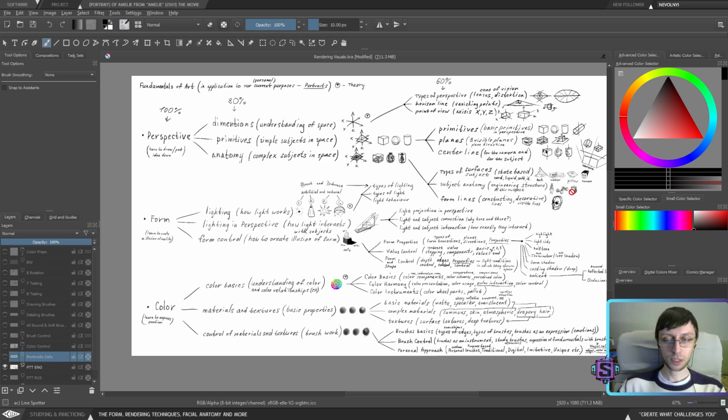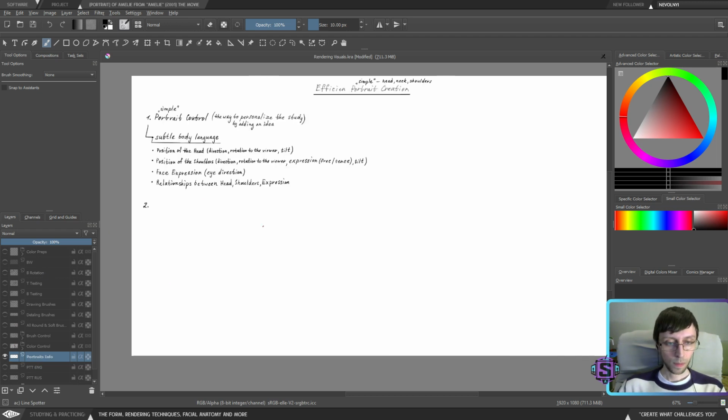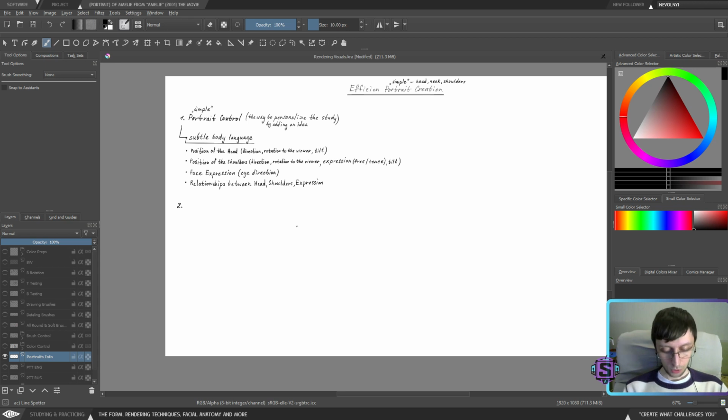And for me, the simplest complexity in terms of the organic is the human face. I understand the human face pretty well already, and I need to just practice it and practice it to make it better. And in order to do that, I'm going to dive into the anatomy itself. So anatomy is going to be the main reason, I guess, for the portraits. So let's do exactly that.